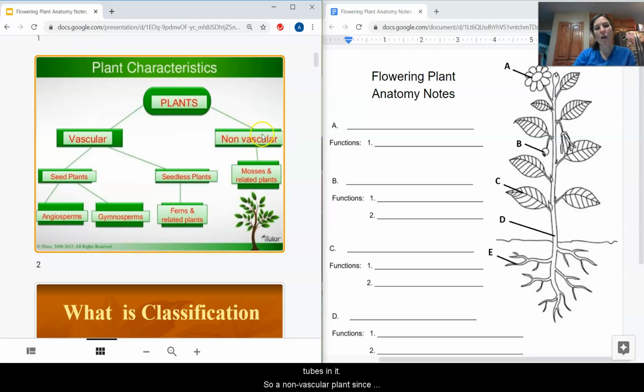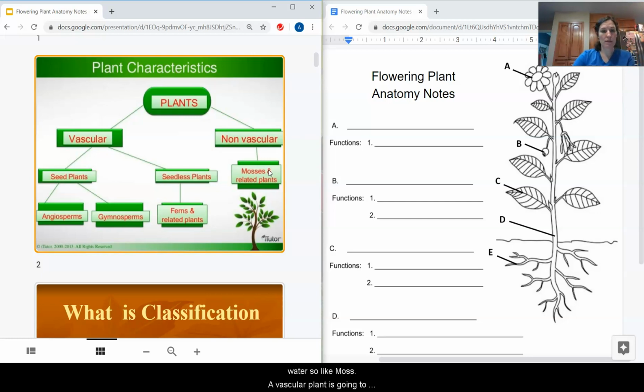So a non-vascular plant, since it doesn't have tubes, if it absorbs water in the roots, there's no tubes to transport it up to the leaves and the flowers. So this is going to limit your plant if it doesn't have tubes. They're going to be very low to the ground, and every cell of the plant has to be able to absorb its own water, its own sunlight, and make its own food. So you're not going to really have huge massive roots because they can't get their food if they're underground. So it's going to be mosses, very small plants that are going to stay close to the water, so like